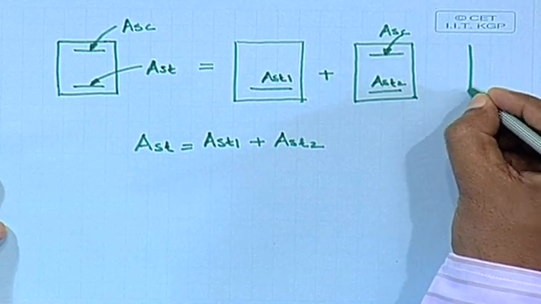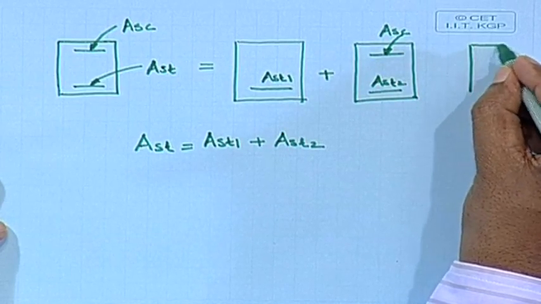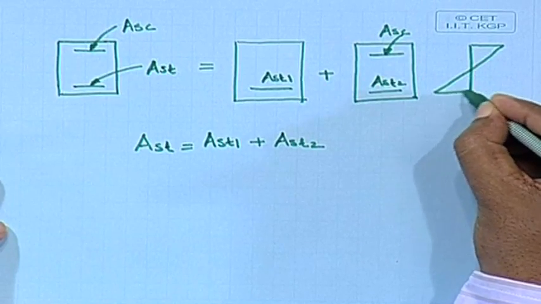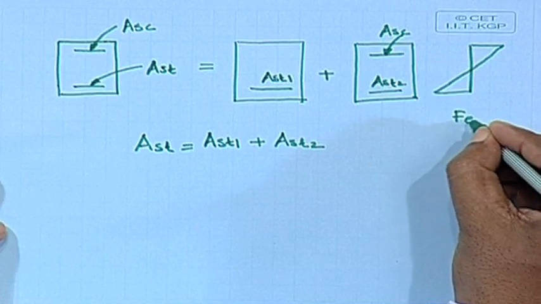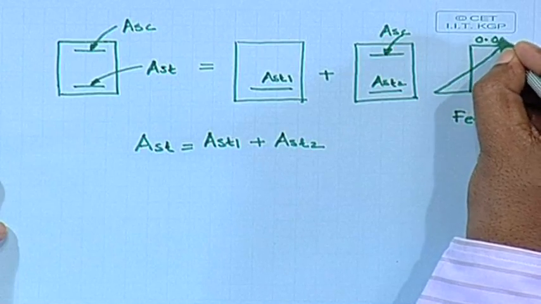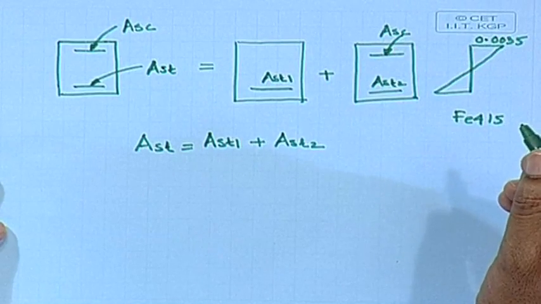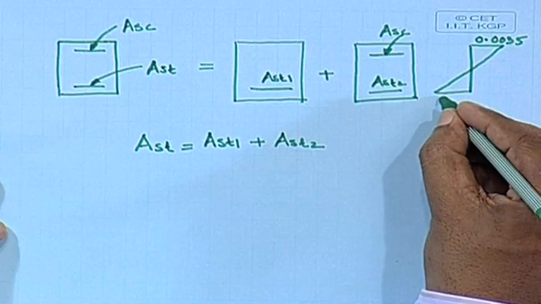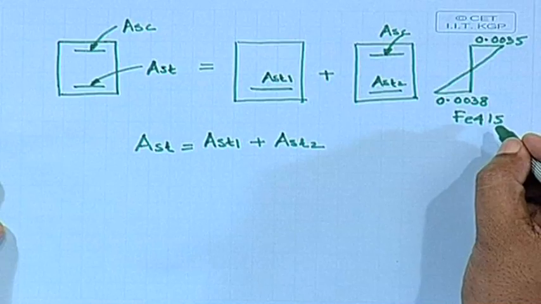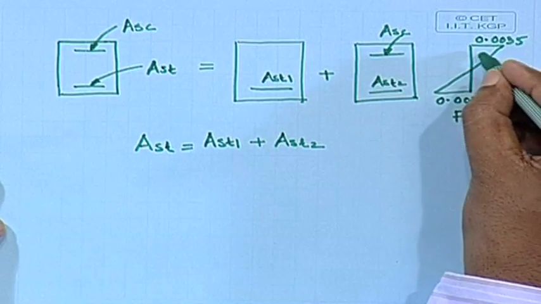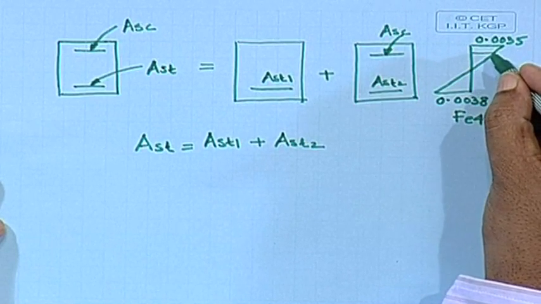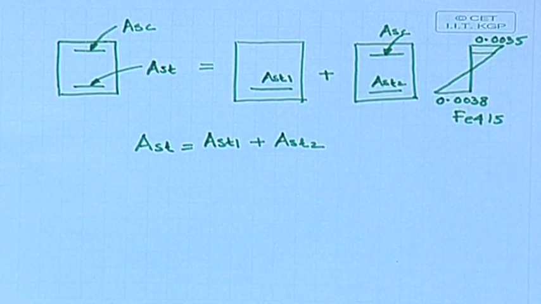If we draw the strain diagram, it shows somewhere the neutral axis. If we consider Fe 415, we are assuming the steel is Fe 415. So, 0.0035 is the strain in the compression zone, whereas here it is 0.0038, since we are considering Fe 415. We are providing the steel at this zone in the compression side. So, the strain is different, and since strain is different,